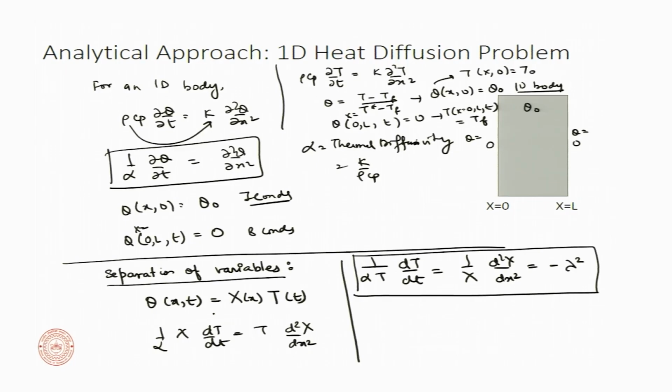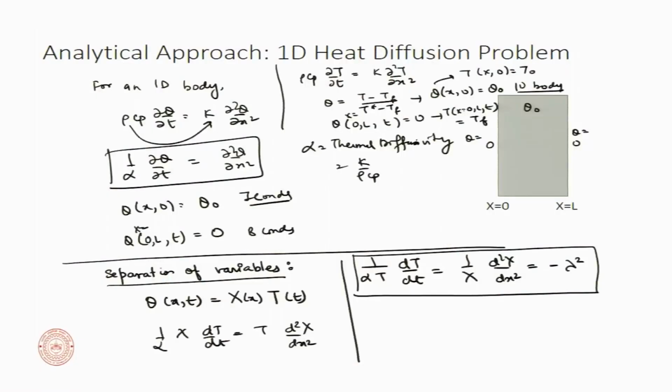Now, if we substitute this back into our equation, then we have 1 by alpha the partial derivative of theta with respect to time is dT by dt into X, because X is only dependent on the position. And the second order partial derivative of our theta with respect to position will be d square X by dx square, and the T will come out because it is only dependent on the temporal coordinate. Now, we can see that we have replaced our partials with full derivatives, because X is a function of the spatial coordinate only and T is a function of the temporal coordinate only. Now, we have rearranged the terms. So, rearranging them,